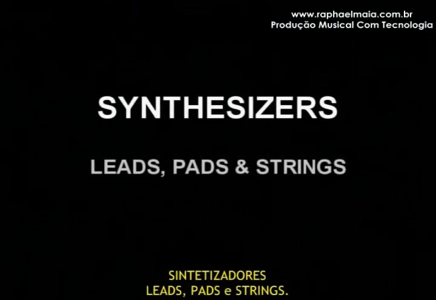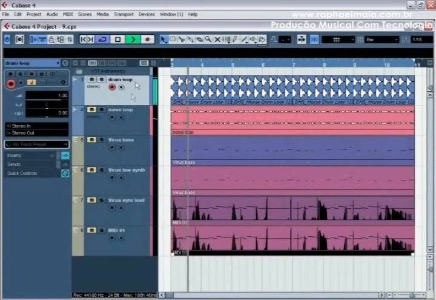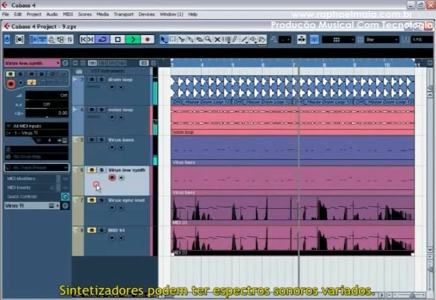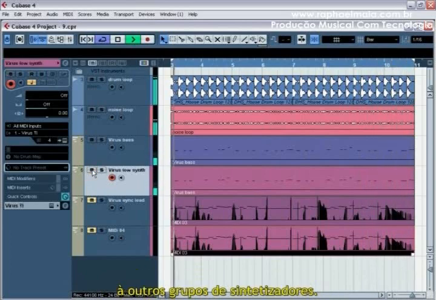Synthesizers: leads, pads and strings. Synthesizers can have different spectrums of sound, and conflicts with every instrument, starting from kick and percussion and finishing with other synthesizer slots.